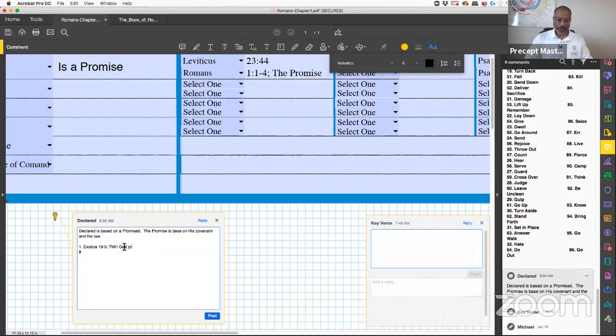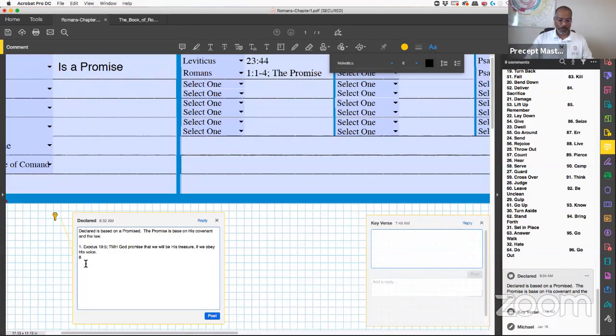Most High God promised that we will be his treasure. His treasure. Actually, let me take out that capital T. We will be his treasure, if we obey his voice. So we have that there. So you don't have to put it up there, but some people might want to put it up there, but you want to put it down here for the declared part.